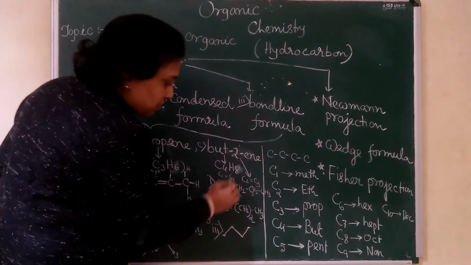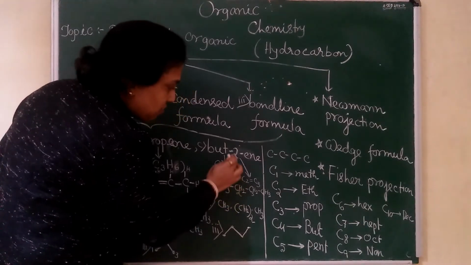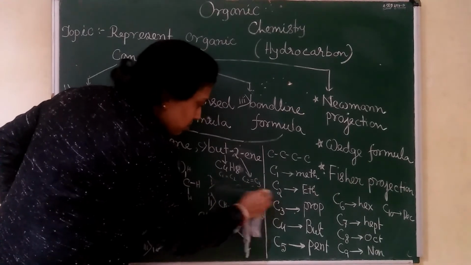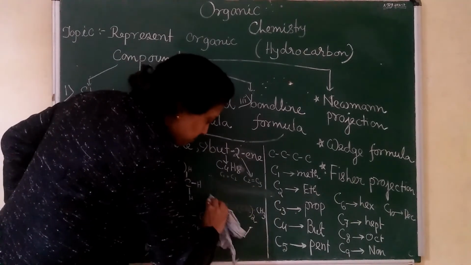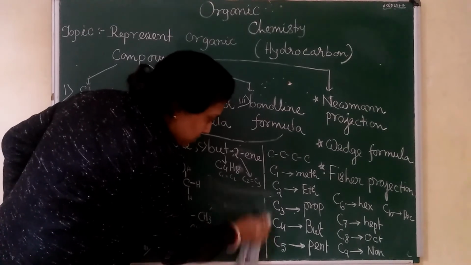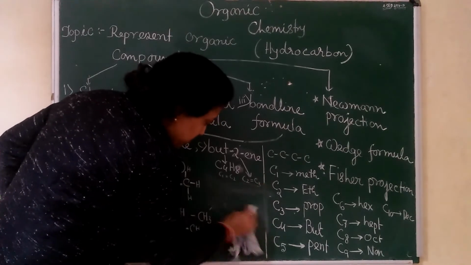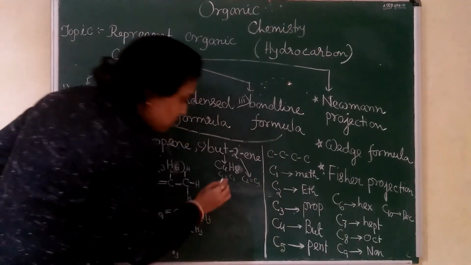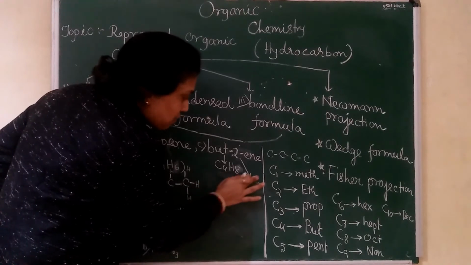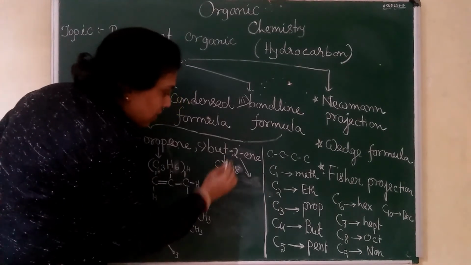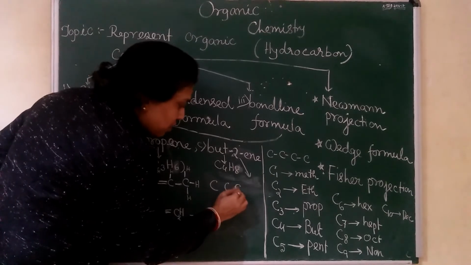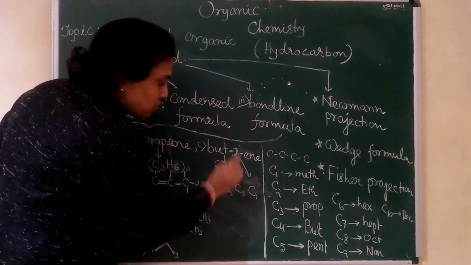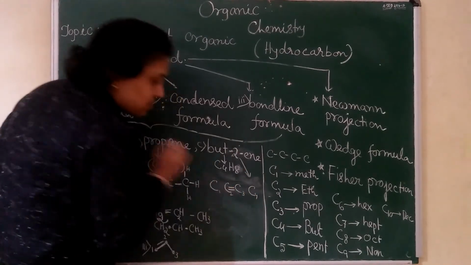Next, butene. Butene, the same way we did, now you have but-2-ene. I'll erase the whole thing because I have to explain a little bit. Now see here what you have to do. The formula is C4H8, now 2-ene. So first you write 4 carbons, 1, 2, 3, 4. 2-ene means the double bond is in between 2 and 3.